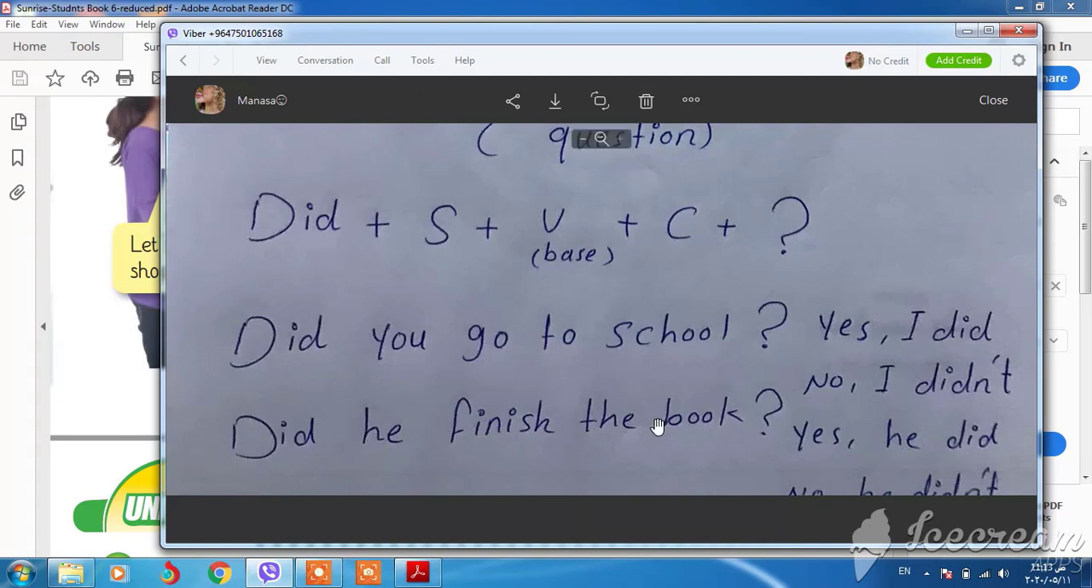Did she finish the book? We have also did. It means that this verb will be base. We can say did he finish the book, or did you went to school. It's wrong, please. We can't say two past verbs together. Okay, did is for one, he is for this one, finish verb base, the book complement, and we have question mark. Yes, he did, or no, he didn't. Okay,